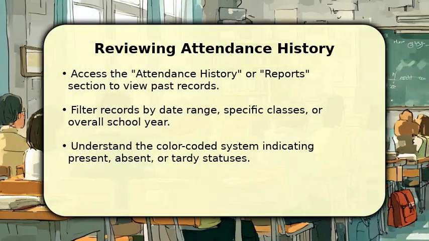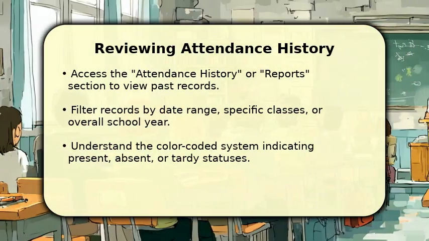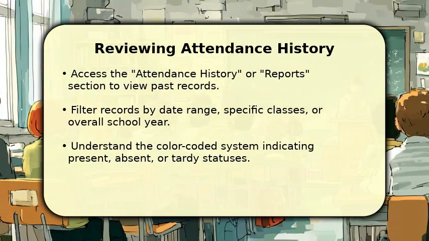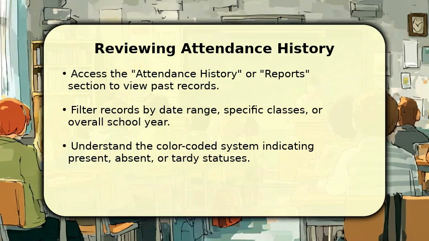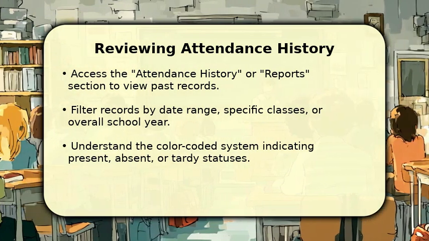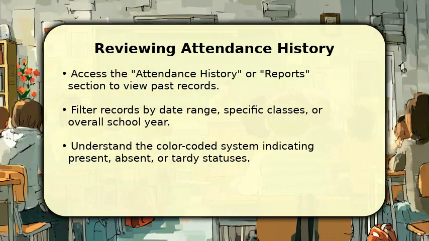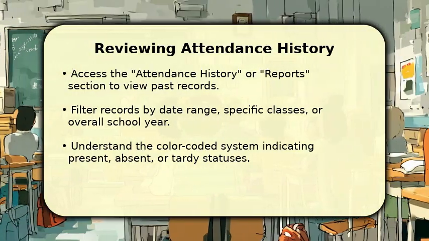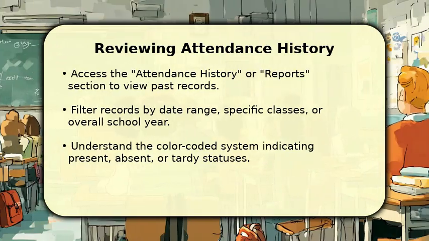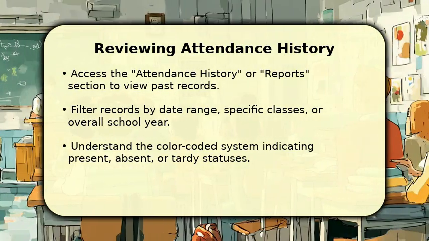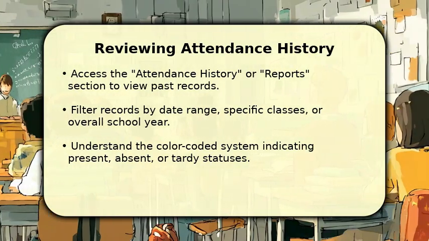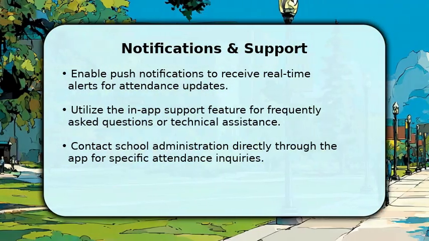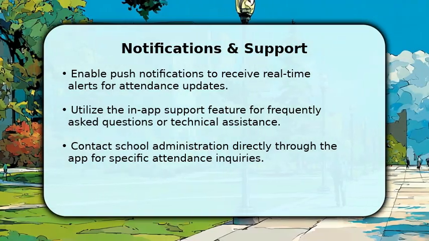To review your attendance history, access the Attendance History or Reports section, usually found in the main menu. Here, you can filter records by specific date ranges, individual classes, or the entire school year, providing a comprehensive overview. The app uses a clear color-coded system: green for present, red for absent, and yellow for tardy, making it easy to understand your status. Enable push notifications to receive real-time alerts for any attendance updates, such as a missed class